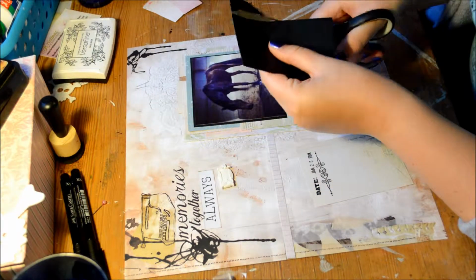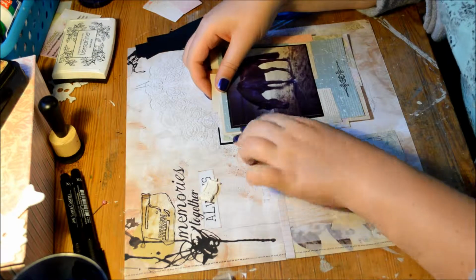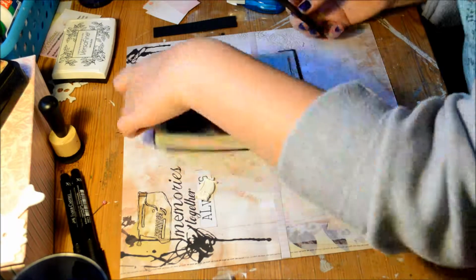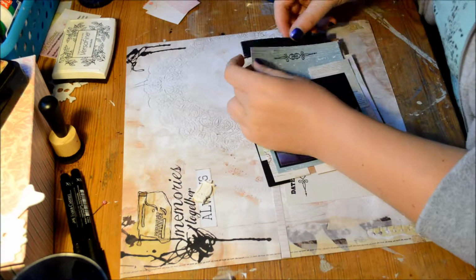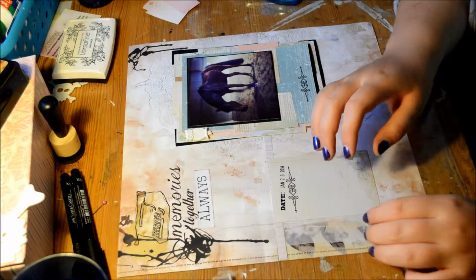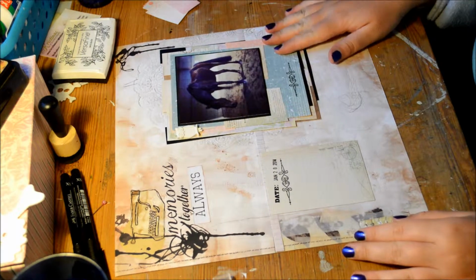So I'm just taking black cardstock and cutting it so I can make my own matting shape with it, so there are black frames all together. The photo I have has very dark colors, and that black makes it pop even more because it brings that black in even more. So anyway,